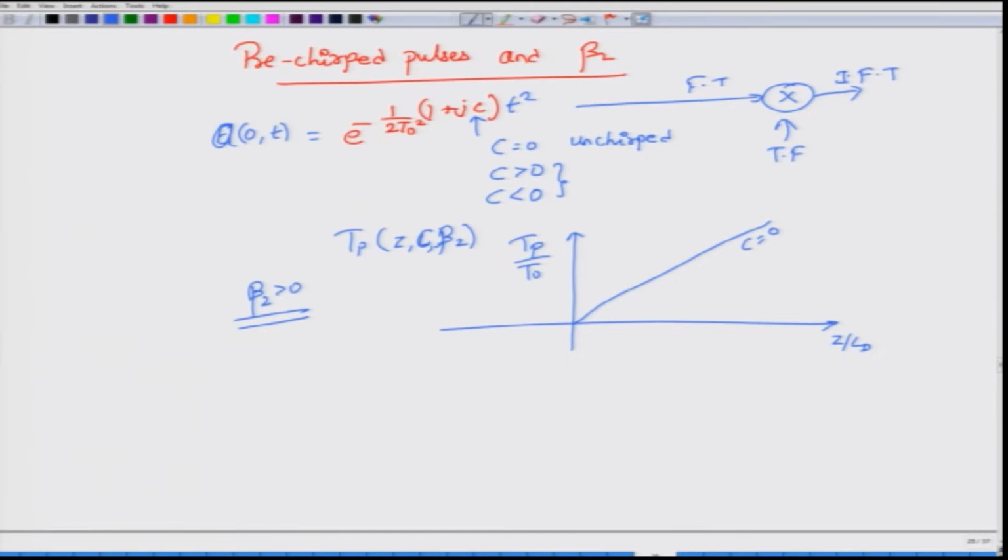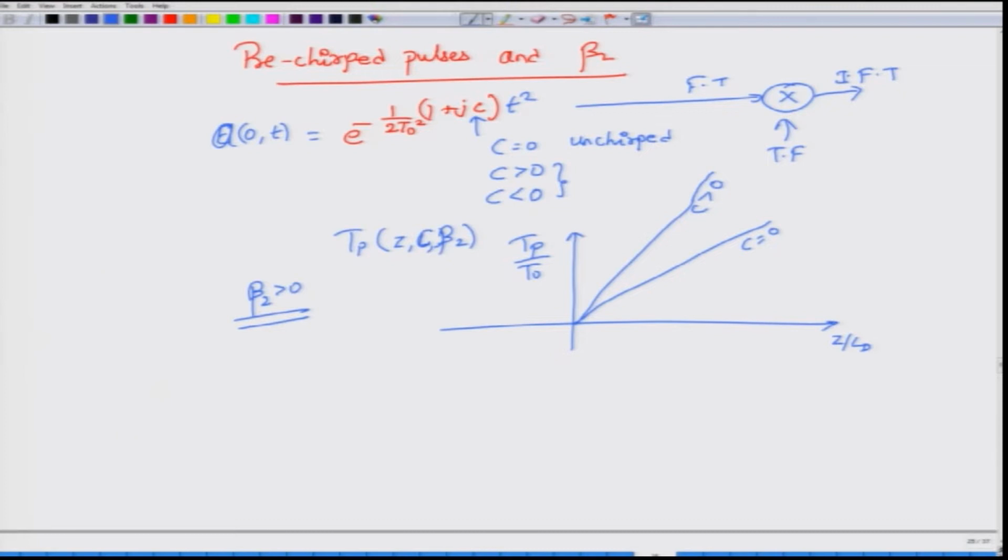If c is positive, then you will see that the slope increases much more rapidly. This is the case when c is greater than 0, and the pulse width continues to increase. Of course, it is not really a nice straight line, but please excuse that; these are actually straight lines, and how to get these straight lines is something that you are going to do in the assignment or in the exercise. Now, let us make c negative. We have exhausted the c equal to 0 and c greater than 0 cases.